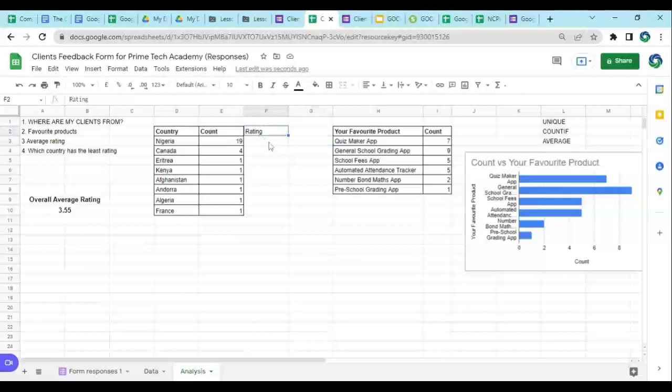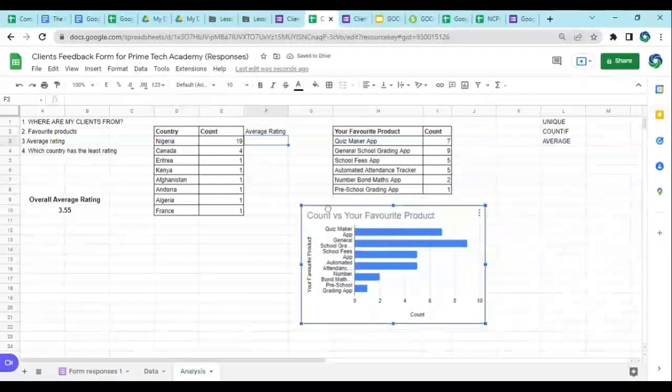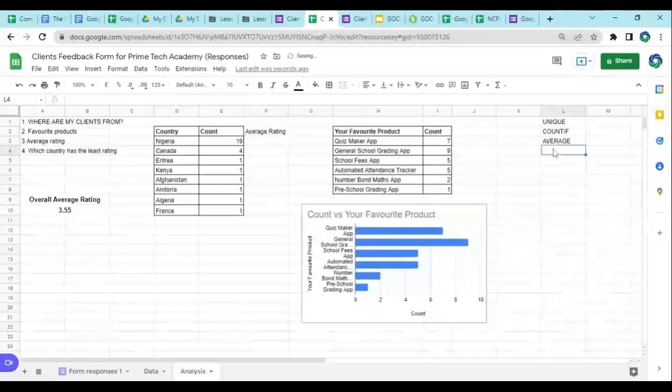And don't forget, we are looking for average rating. Average rating. Now that will introduce us to another function which I called average